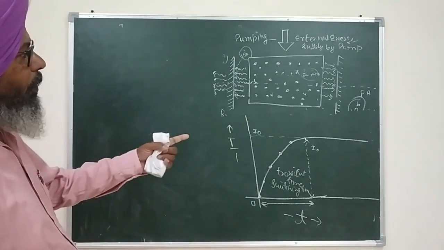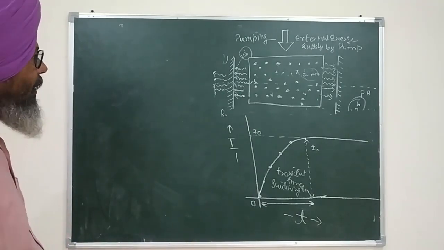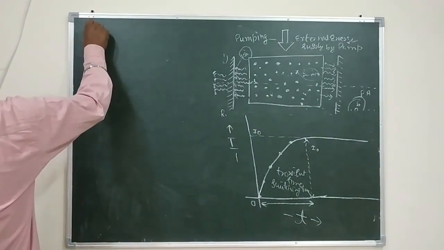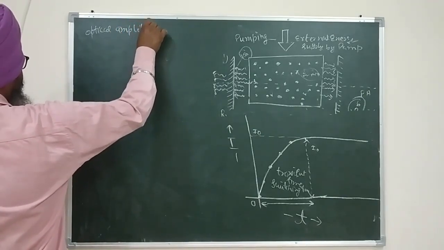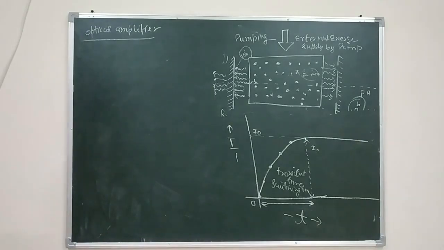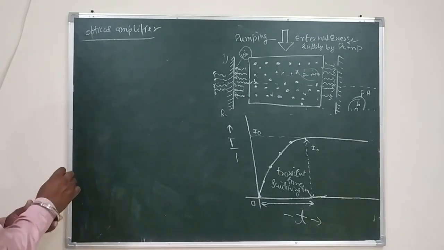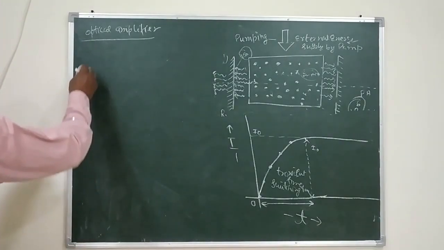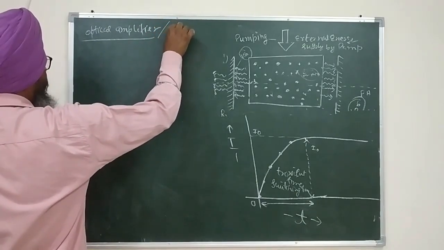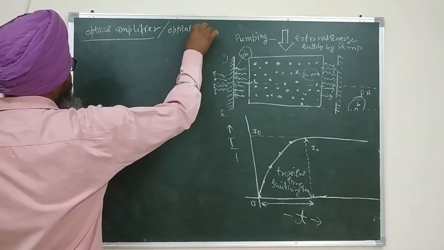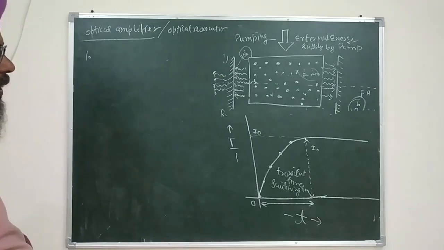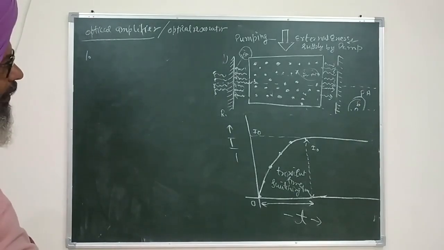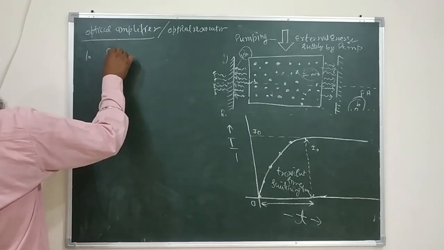So this is how an optical resonator works. Kindly remember, the optical resonator is also called an optical amplifier, just because of a very simple reason, because it amplifies the light. So if somebody asks you what are the major roles played by the very important component of the laser, which is called optical amplifier or optical resonator, then one of the roles that we have seen is that it decides the direction in which the light will come out, and that direction is the principal axis.